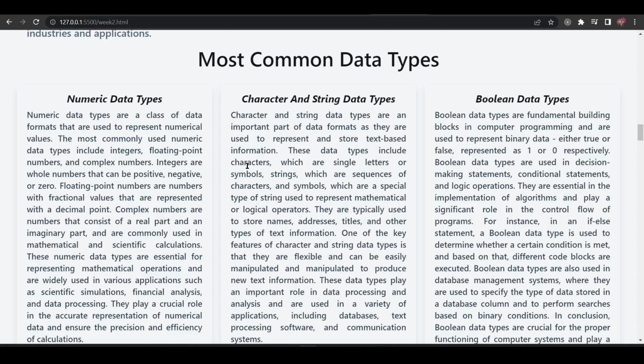So next, we'll move on to the Boolean data types. Boolean in coding means 1 or 0, true or false. So they are fundamental building blocks in computer programming and are used to represent binary data. Just like I said, it could be true or false, represented as 1 or 0. Boolean data types are used in decision-making statements, conditional statements, and logic operations.